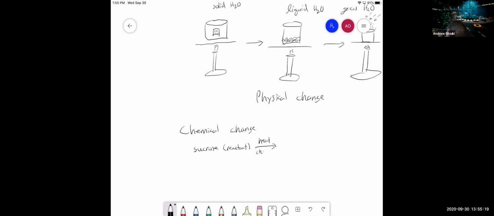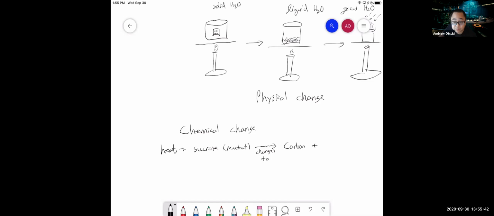So let's put heat plus sucrose, and that arrow signifies that my sucrose will turn into carbon